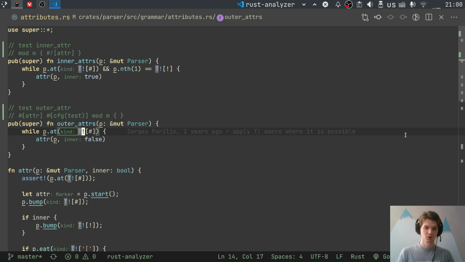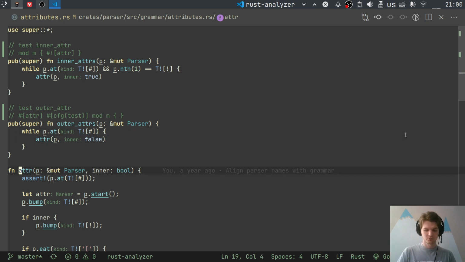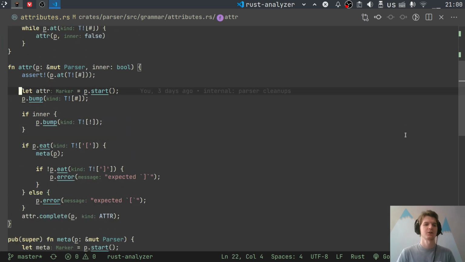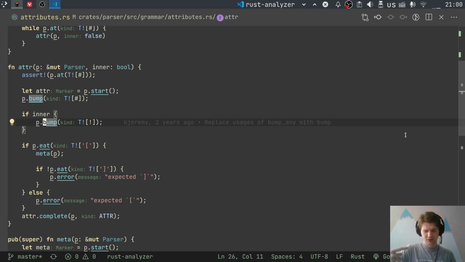We check some precondition, and if the precondition matches, we dispatch to some parsing function. That parsing function first asserts a precondition, and then it starts the actual parsing. So we want to parse an attribute. We start a node. If this is an inner attribute, we also bump over bang, and again, this is an assertion. So it's like the precondition of a caller that